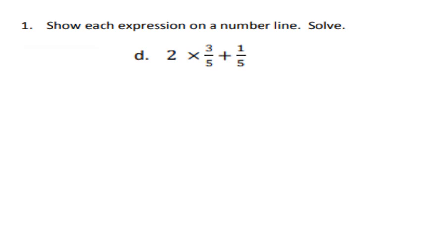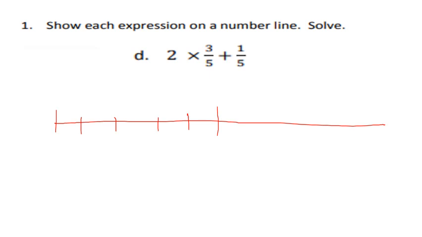Okay, the next one, we're going to do our number line. And I can see this is fifths, so it's going to be 1, 2, 3, 4 in between them. There's our 0 and our whole. 0 fifths, 1 fifth, 2 fifths, 3 fifths, 4 fifths, and 5 fifths. It says 2 times 3 fifths, so that means actually 3 fifths plus 3 fifths. So we're going to go 3 fifths